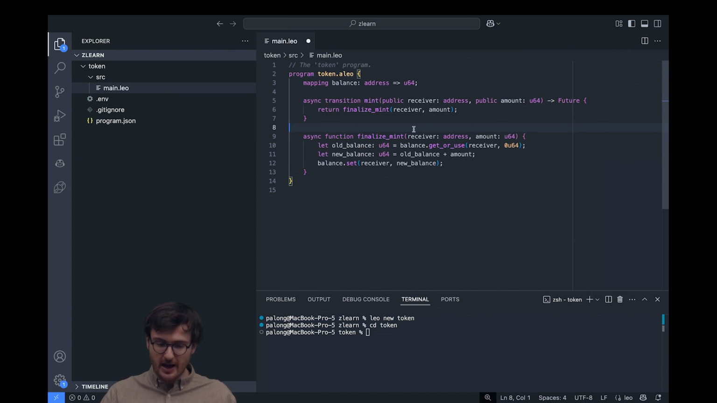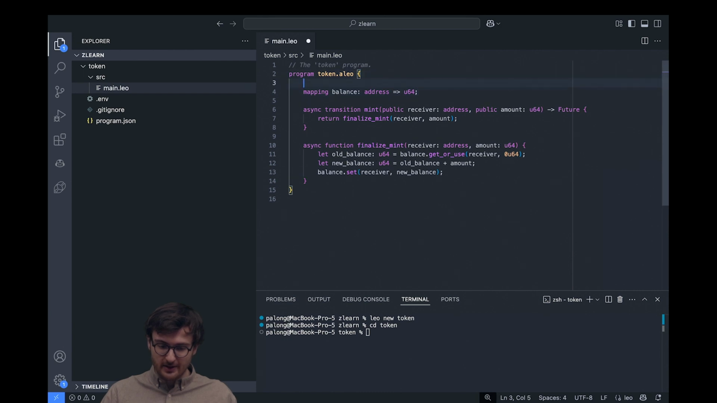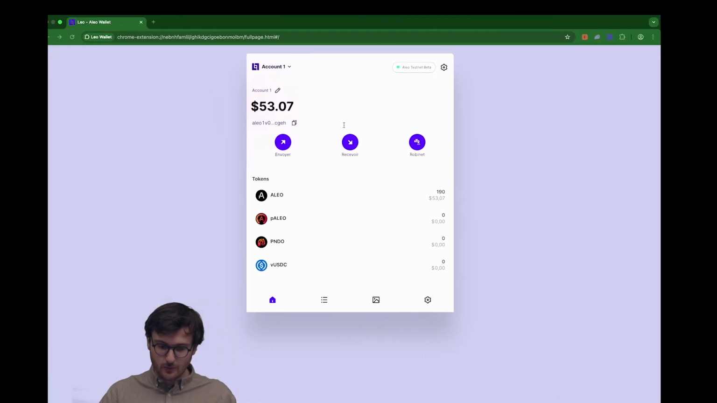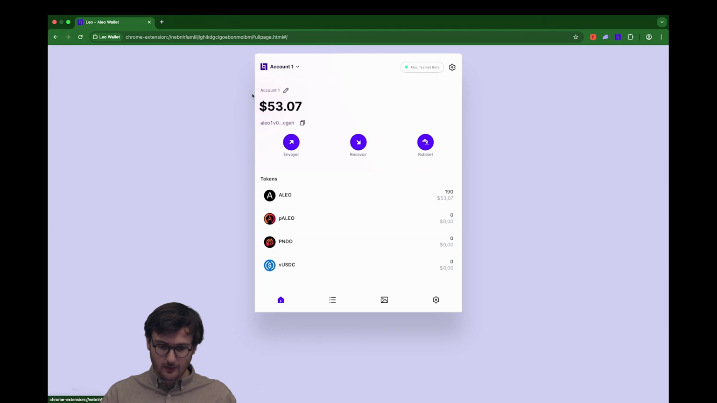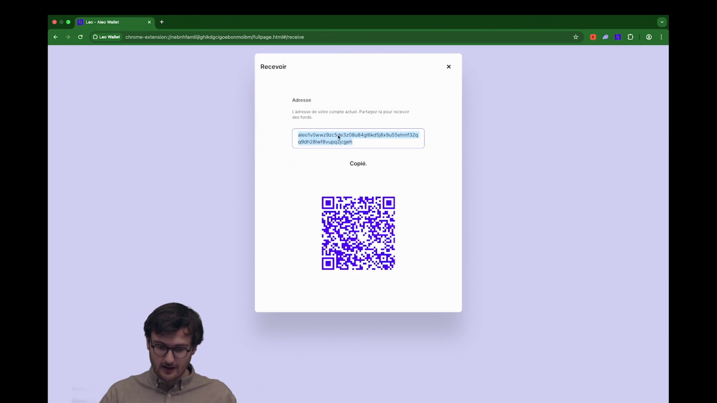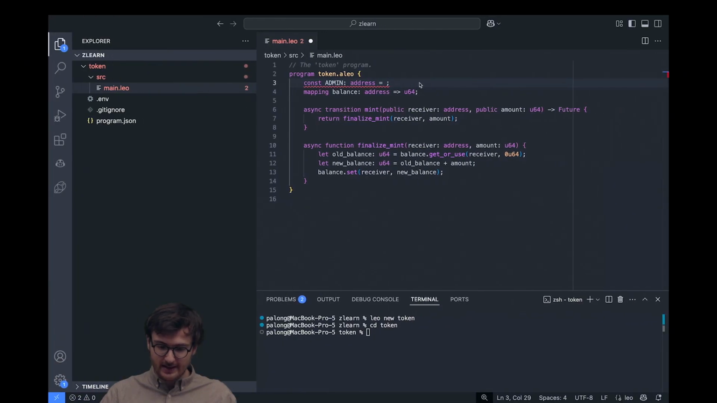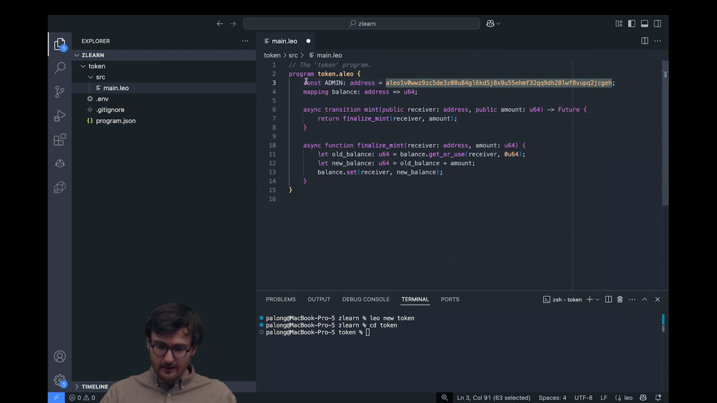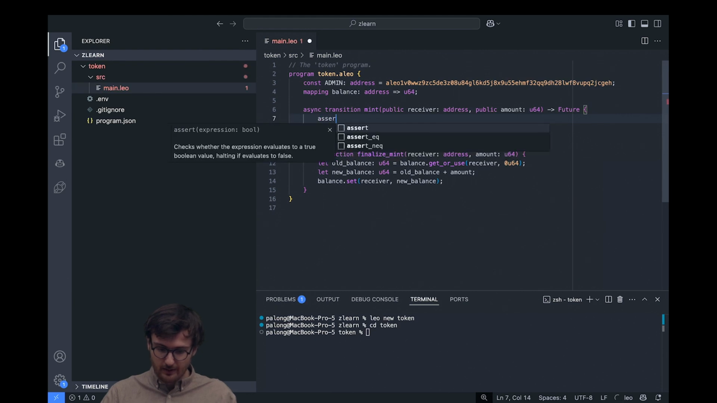Actually, we don't want everybody to be able to call that main function, so we'll add an admin address. This will be a constant in our program that will define an address. So we just created an Aleo account for all our tests, and we'll just copy our address as the admin. And now we're good. We have our admin address here,